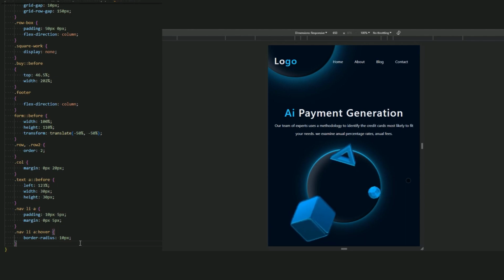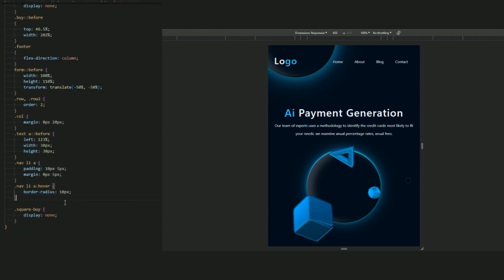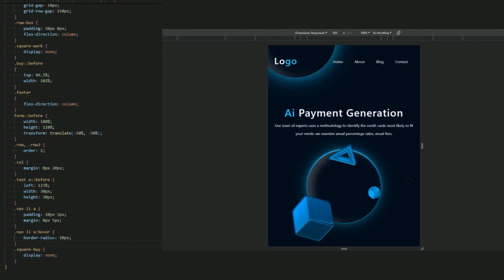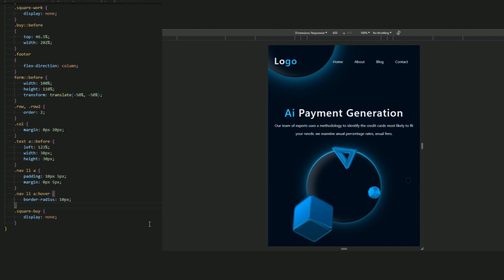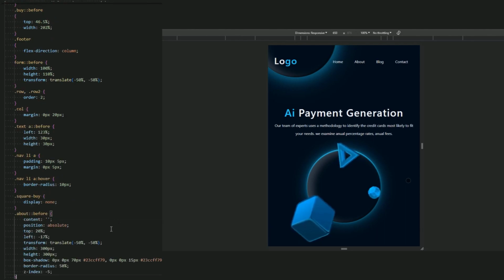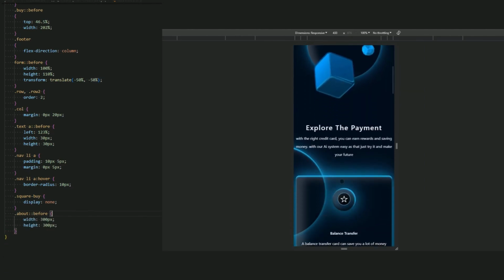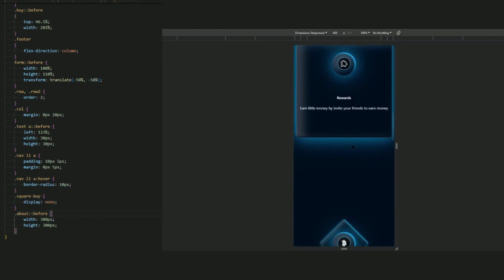I'm sorry, display none. Okay, inspect, I remove it, display none. Here we go, and done. Okay, I didn't add about before to resize it a little. I just resize it here, and let it be 300 pixels. Okay, I just resize it in inspect, and yeah, this is good now.